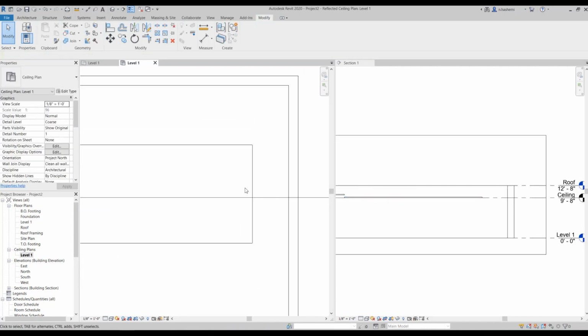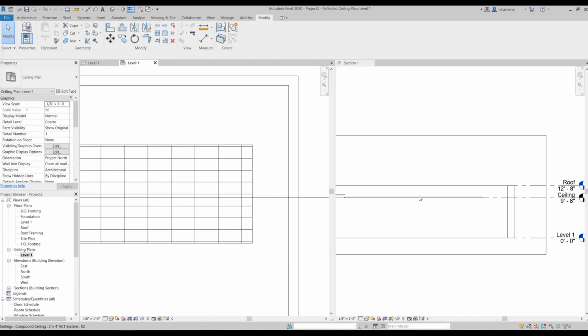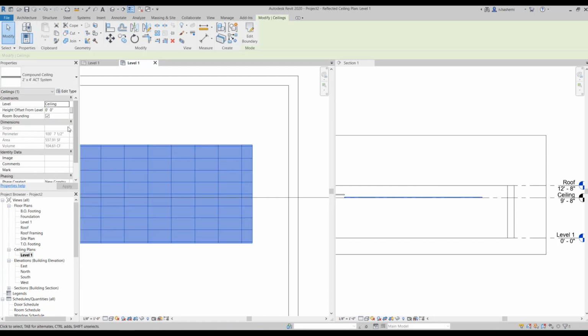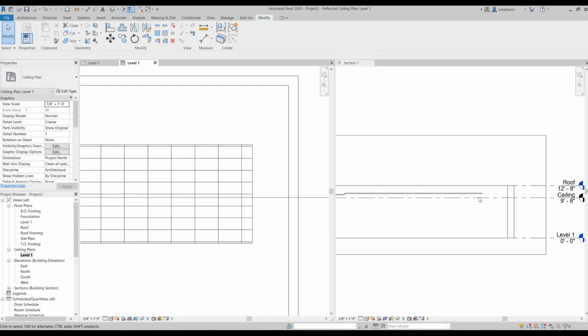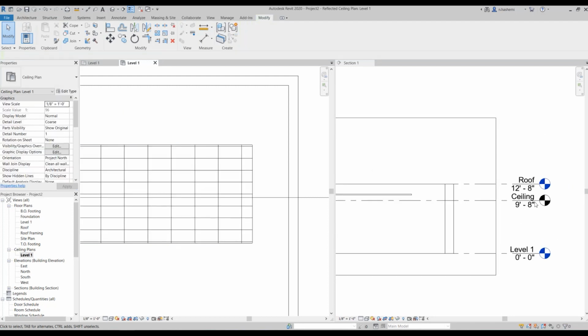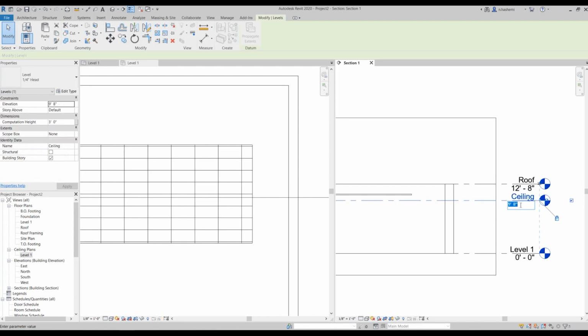Now let's add an offset for it. I'm going to add 1 feet from the ceiling level, and I'm going to move the ceiling level a little bit. I'm going to move this to 11 feet. You don't need to do this actually.